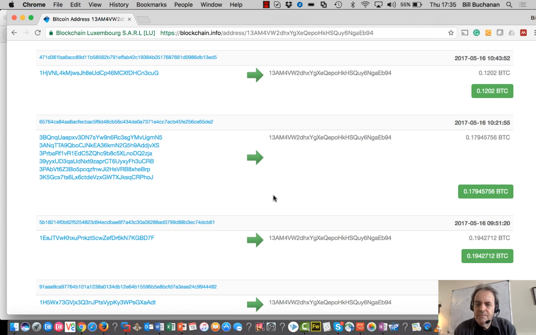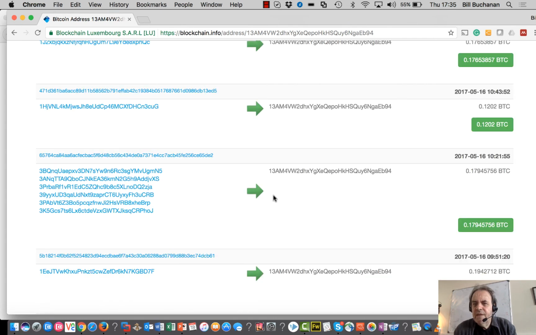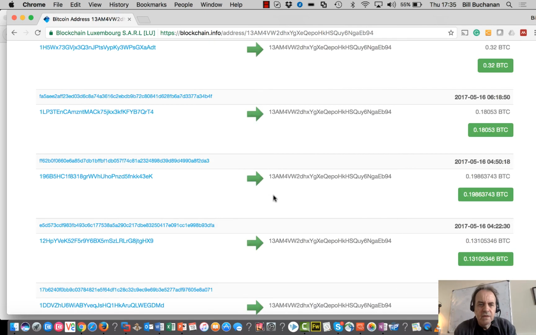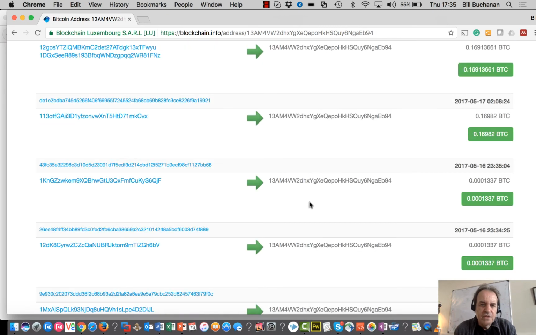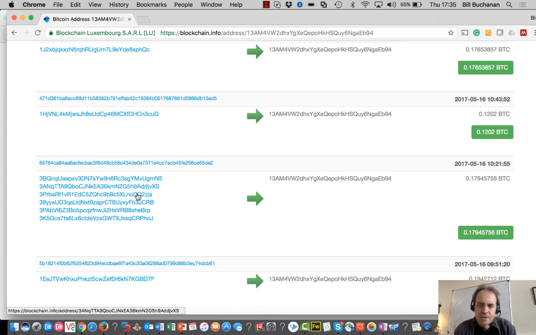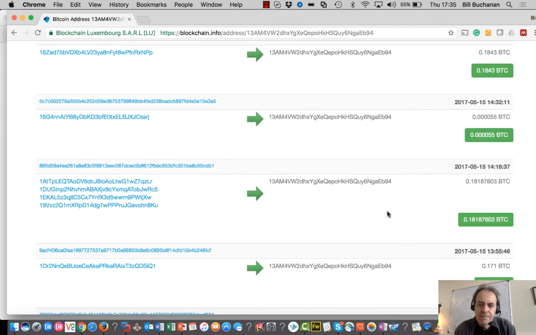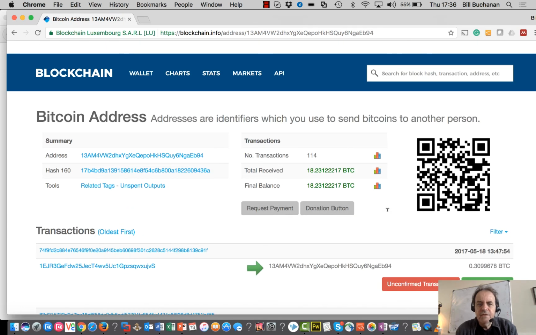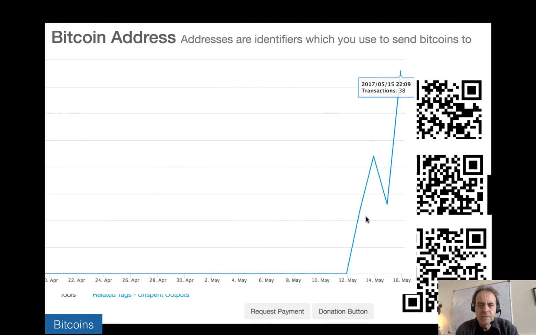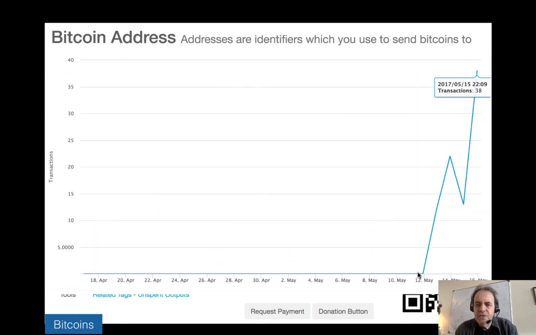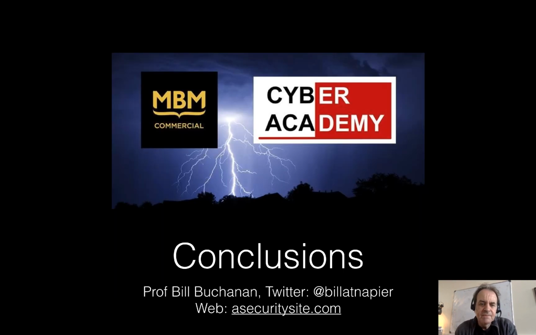Every so often a new ledger is created, but we're actually seeing these payments coming in as a single transaction there. And it's difficult to know where the payments have come from because they're all pseudonymized. Generally the transactions started about the 12th of May and have kept increasing from there.